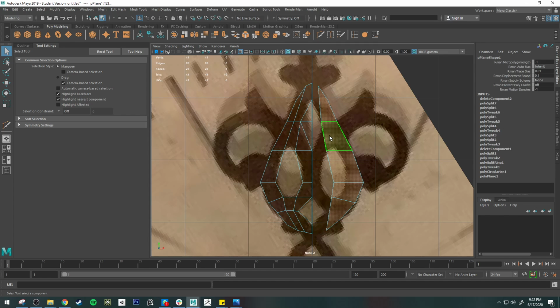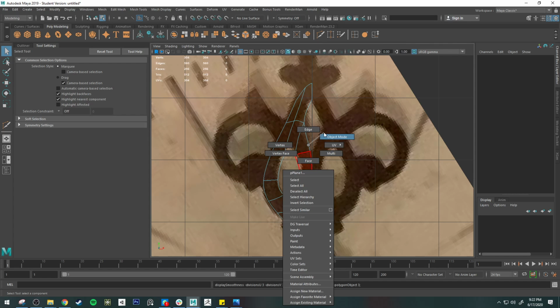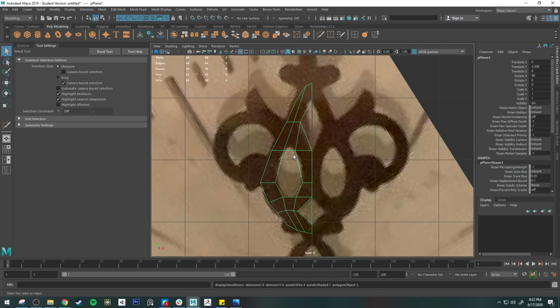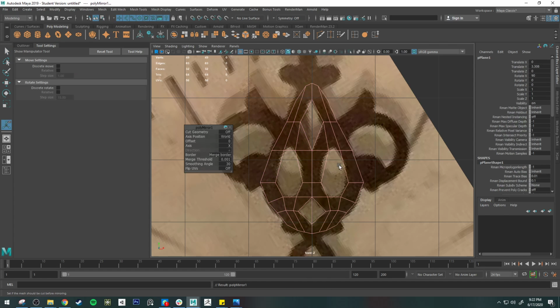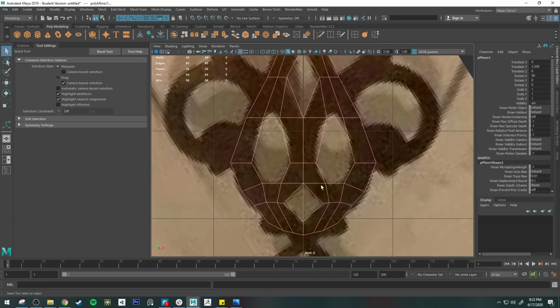So I can delete this right here. I'll delete these faces right here. And I can smooth it out just to kind of see what I want to start getting. Let's go ahead, before we do that, let's go mirror mesh. Okay, smooth it out. And so the problem I'm going to run into is, one, I don't really like